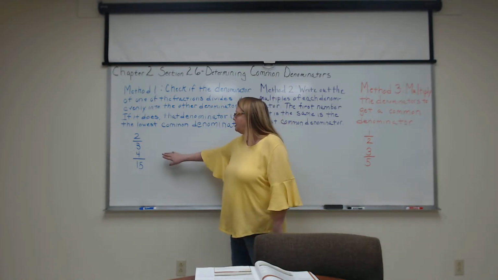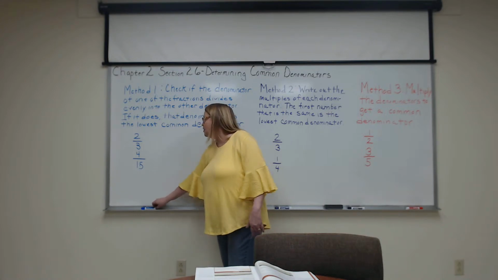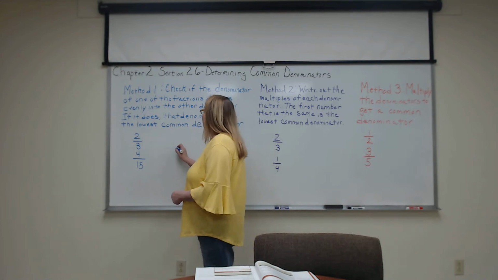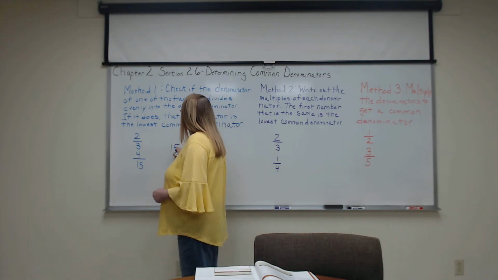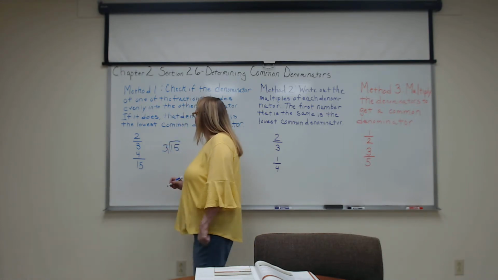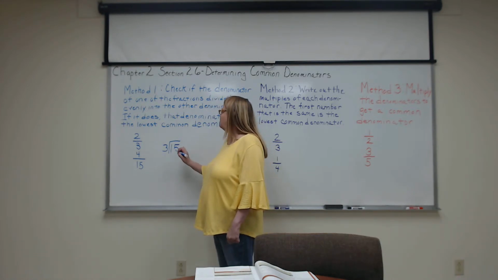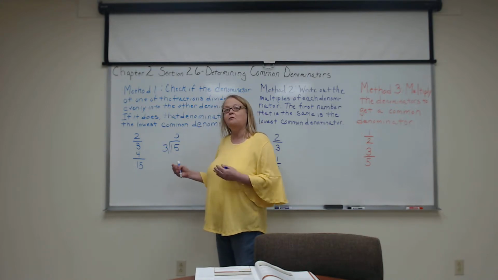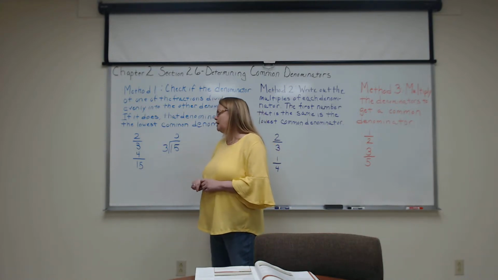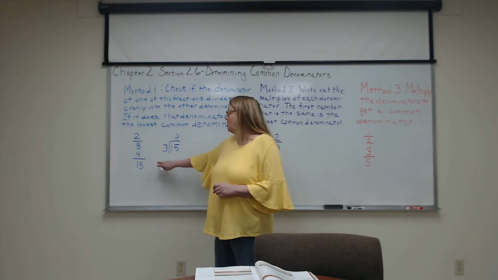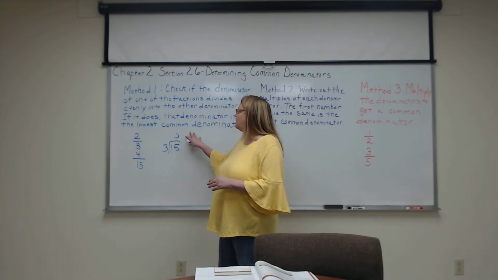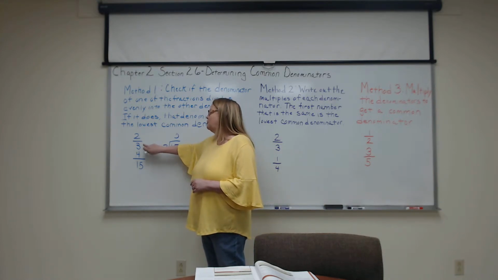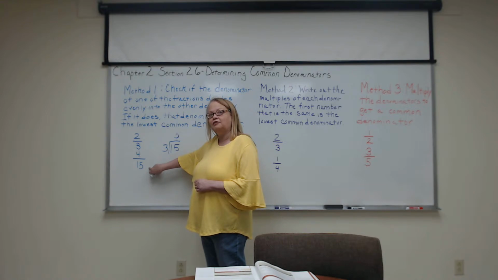So let's take a look at these two fractions. We have 2/3 and 4/15. So the question becomes, can 3 divide evenly into 15? So if we go ahead and we do that, we find that it does. So because of that, we then know that 15 is our lowest common denominator. So that's method one. Always begin by checking to see if one of the denominators can divide evenly into another